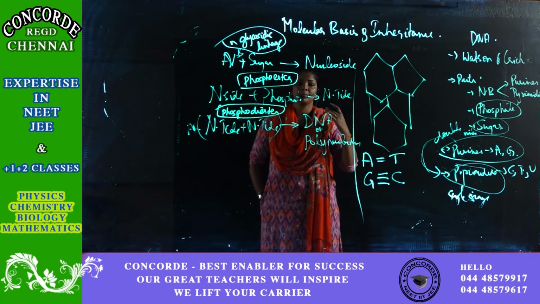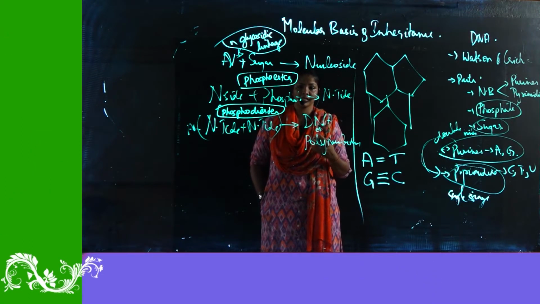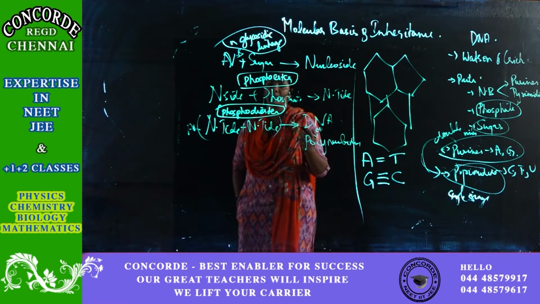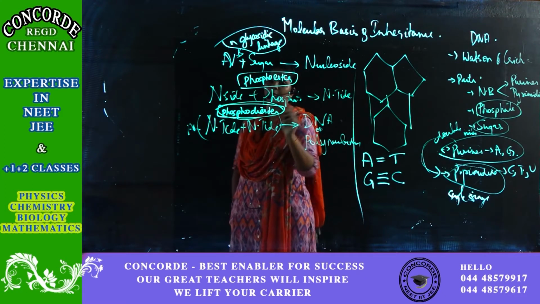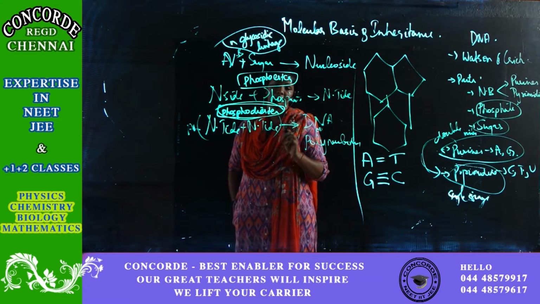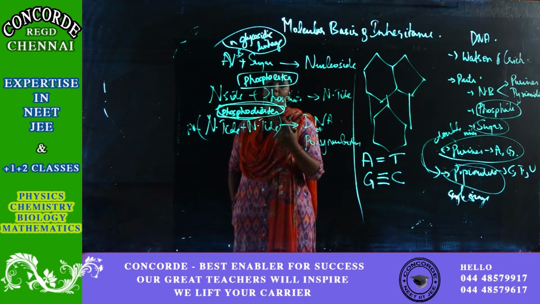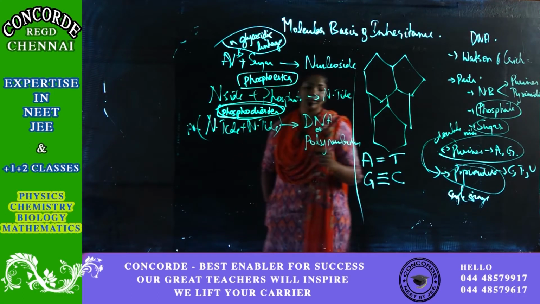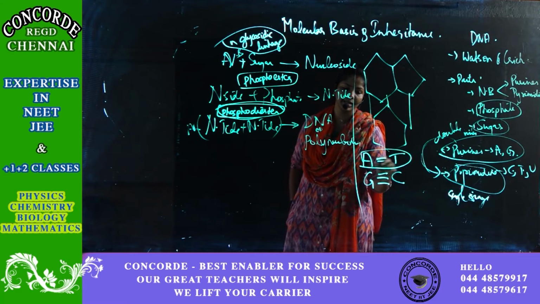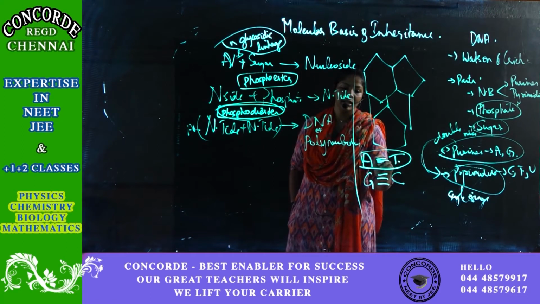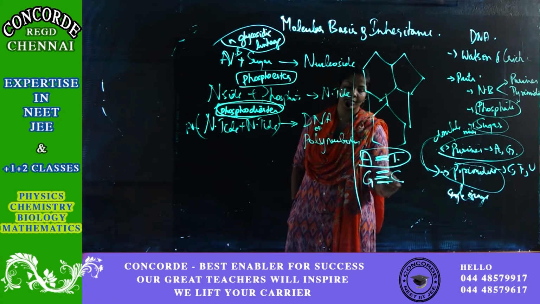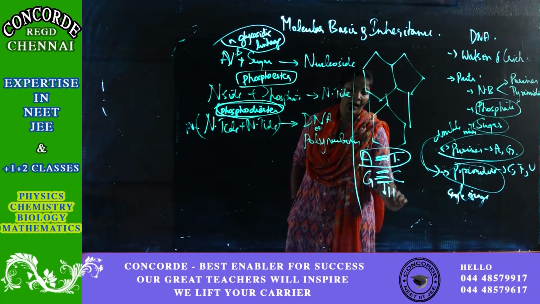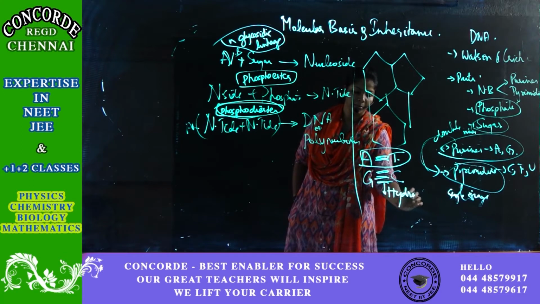So if I have to break my DNA into small pieces, the bond I'll break is the phosphodiester bond. Because if the DNA has to be broken into pieces, it has to be broken into nucleotides. So what bonds will I break? Obviously phosphodiester bonds. And the bonds between the nitrogenous bases, that is A, T, G, C, the double bonds here and triple bond here, are nothing but the hydrogen bonds. The bonds here are hydrogen bonds.